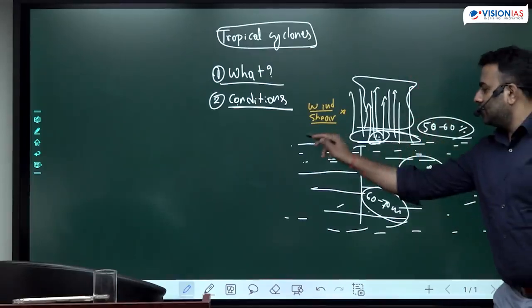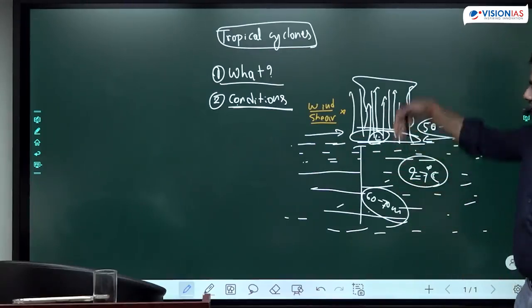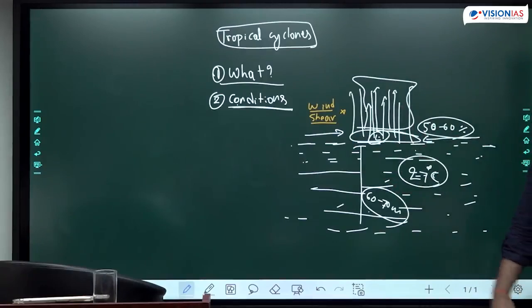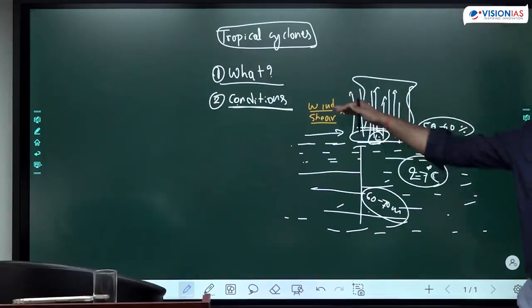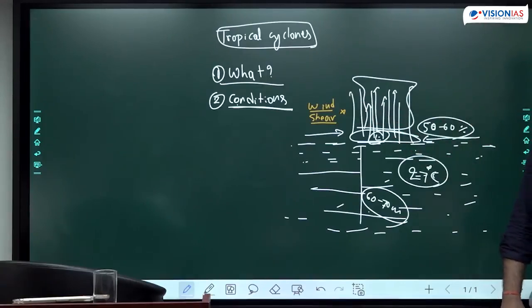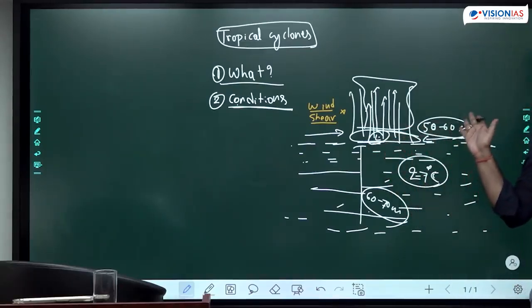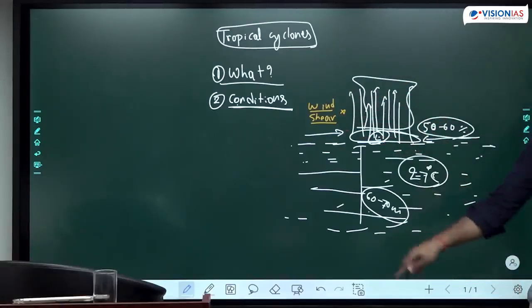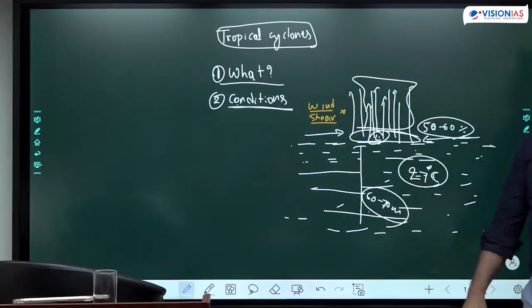But to fill this gap, the surrounding air will tend to move towards the center. Where the convection is happening, as the air starts going up, the air from the surroundings is pulled towards the center, because the air is continuously rising, heating up so intensely, it is undergoing upliftment. To fill the gap, surrounding air will try to reach the center. If there is no Coriolis force, the surrounding air will reach the center. And the surrounding air is of different nature. Temperature is different, humidity is different. And now that will fill this area and that will change the nature of pressure itself. It will equalize the pressure and pressure becomes normal. Convection stops. Cloud buildup also stops.